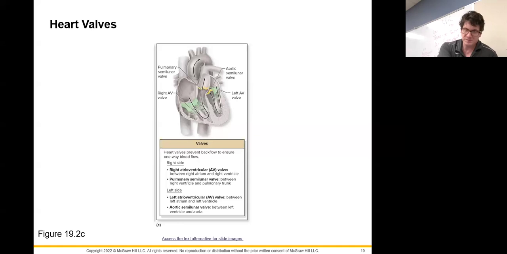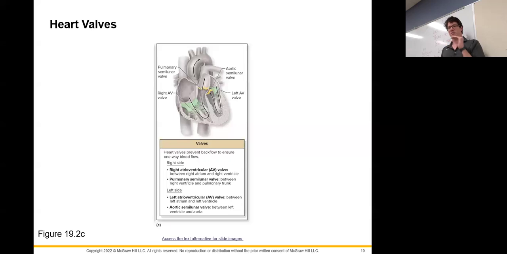Now, separating the upper and lower chambers and the great vessels, particularly the exit great vessels, your pulmonary trunk and aorta, separating the chambers and the pulmonary trunk and aorta from the heart are going to be valves. Okay, these valves are going to be very, very important. These valves are, well, what a valve is. These are basically going to be one-way paths through which the blood can pass, but it can only move in one